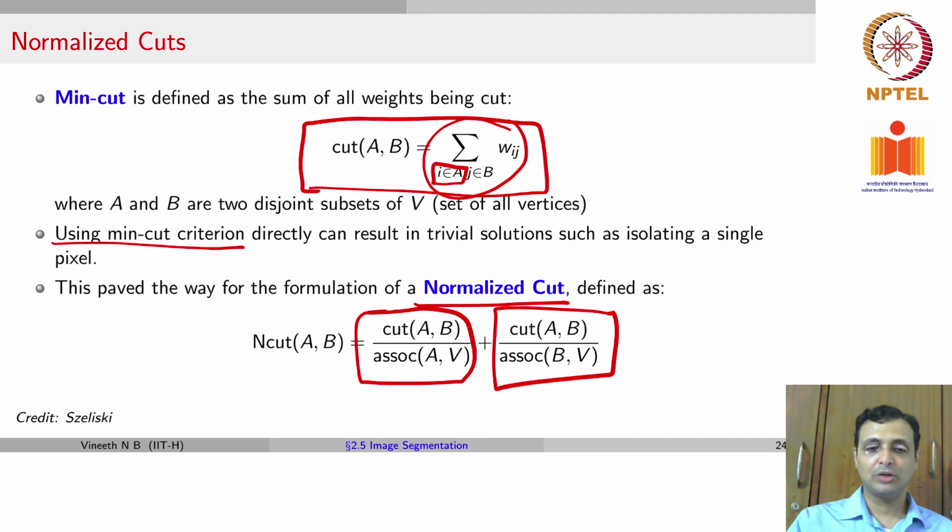So if there was only one pixel in one region, remember that one of these quantities will become very high as against another region which had many more pixels, where the denominator will pull down the value. This ensures that you don't get trivial solutions such as what you saw in MinCut, but you get more useful